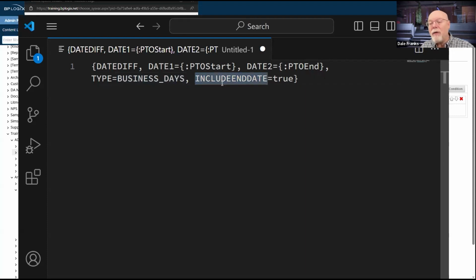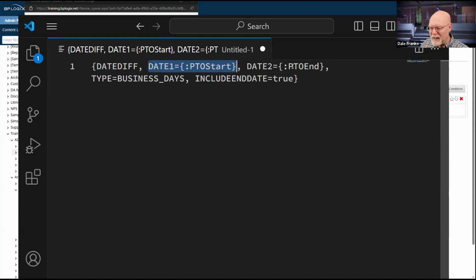Now, by default, when you do a date diff, the way the date diff calculation works is it will include date 1, but it will not include date 2. Date 2 is my cutoff date.